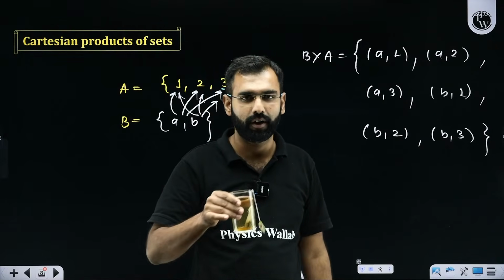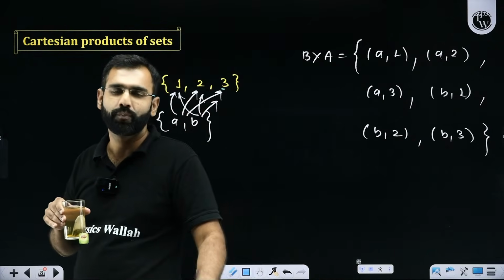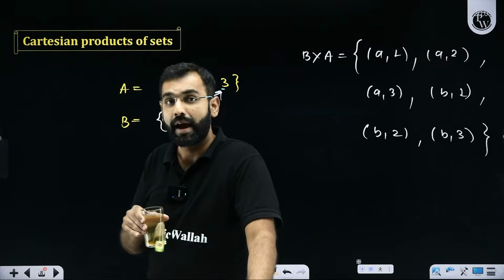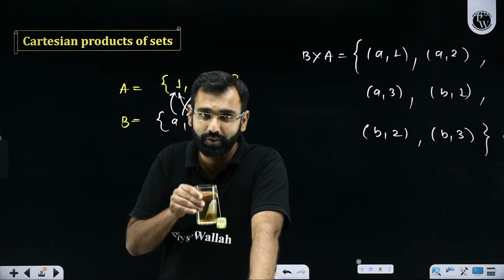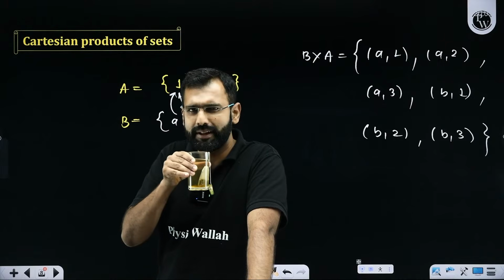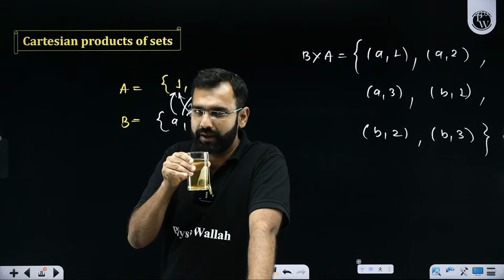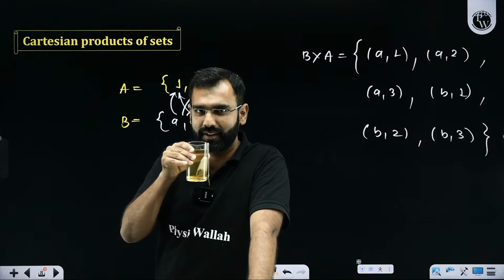That's great. If you have gotten it, can somebody now help me with the number of elements in A cross B and the number of elements in B cross A? If you could write the formula in the comments, I'll be really happy. Can somebody tell me what should be A cross B or B cross A, the number of elements I'm asking now?